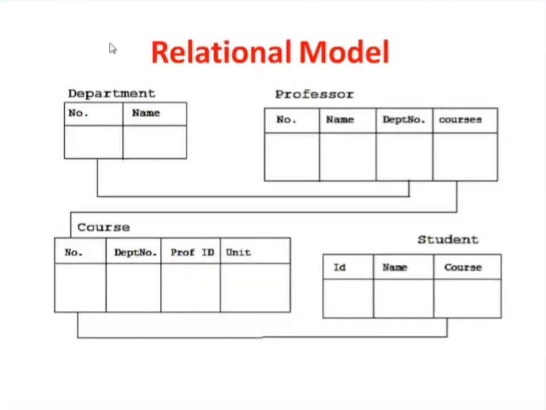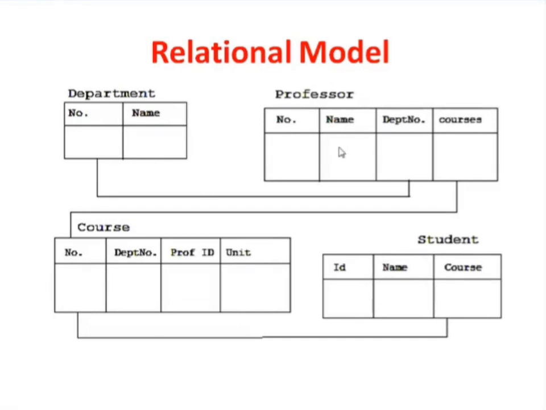Nowadays, whatever database model we have is called the relational model. In the case of the hierarchical model and network model, you need to have physical links between different tables, like a cable or some other communication medium, so that you can have communication between any two tables. But in the relational model, you will not have any physical links, you will have a logical link.